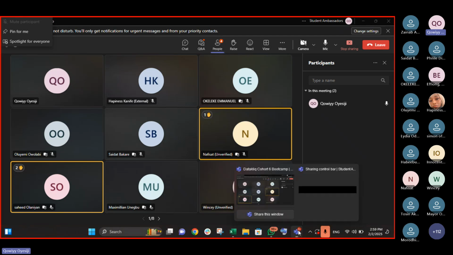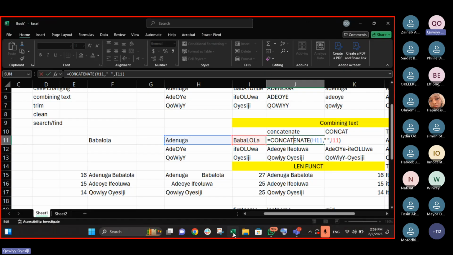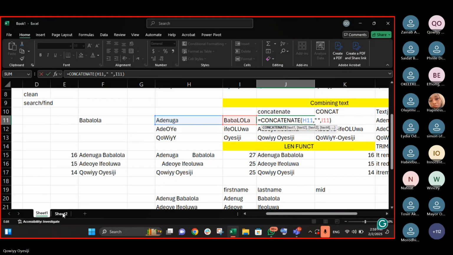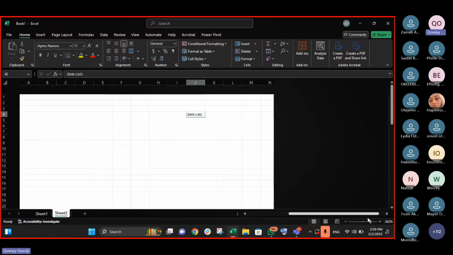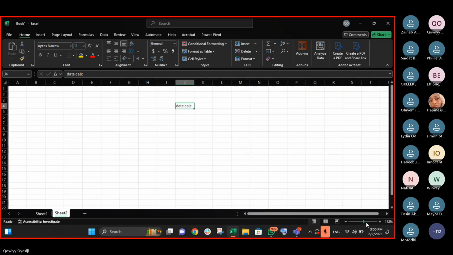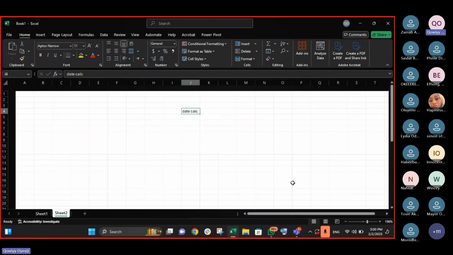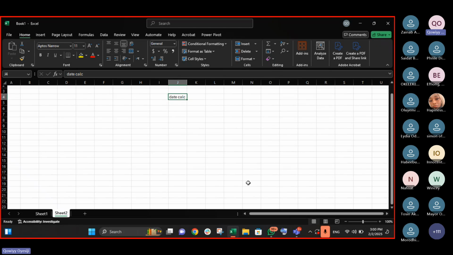So let's continue with dates. We have different functions under dates. Let me quickly start from here. We have date calculation. We also have functions for extracting dates.